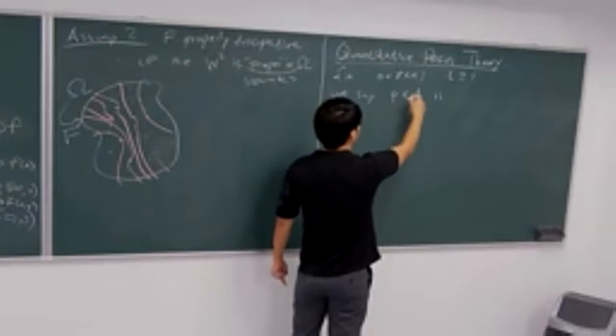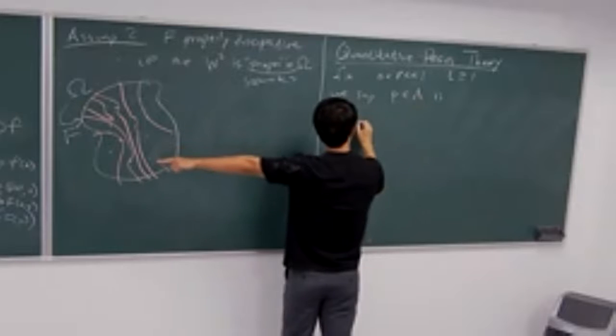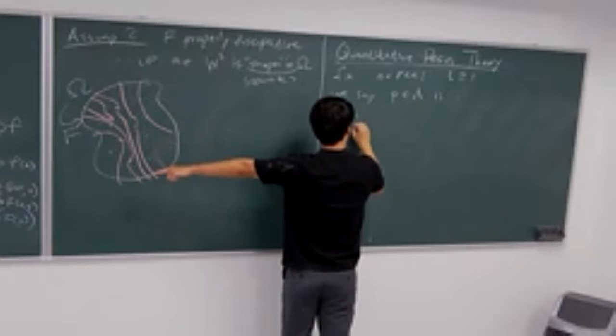P is forward L epsilon regular if the following is true: it has a stable direction such that